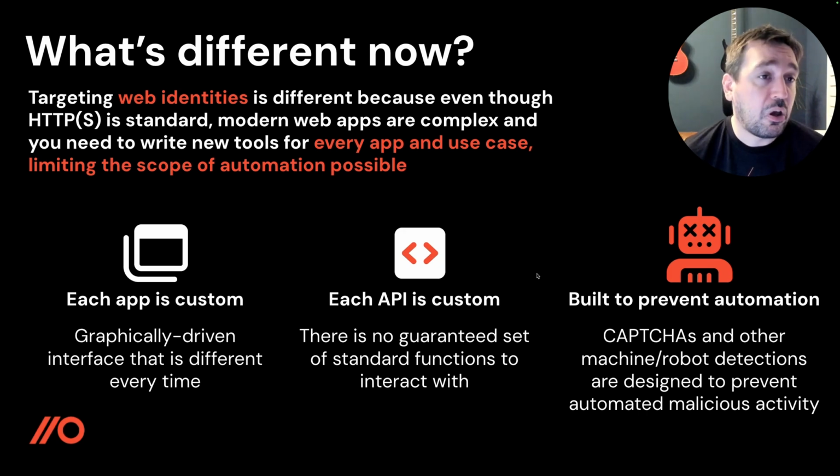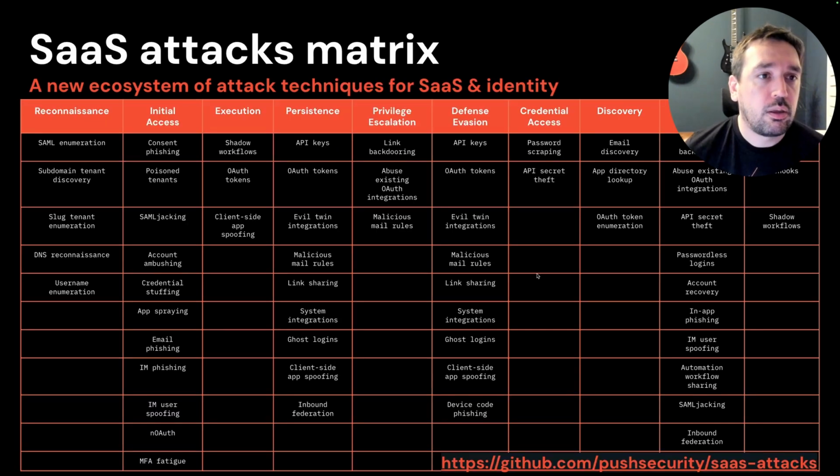So we've actually explicitly tried to prevent automation in this world. And as a result, we've got a big, complex web-based world now with loads of different identities, loads of different apps, and it's very difficult to automate across it. And that's bad from a defensive perspective because it makes it hard for us to know what our identity attack surface is. But it's also bad for attackers because it's hard for them to automate it. So what we're going to see is how computer using agents are going to change that.